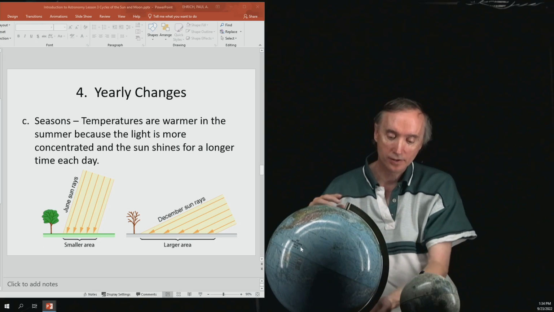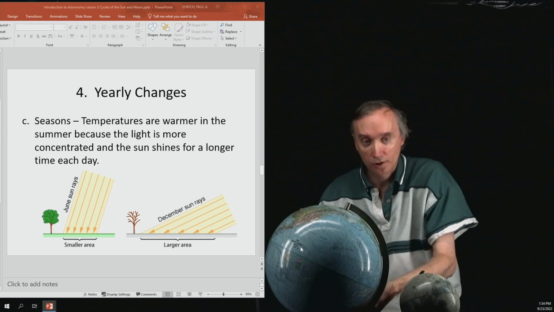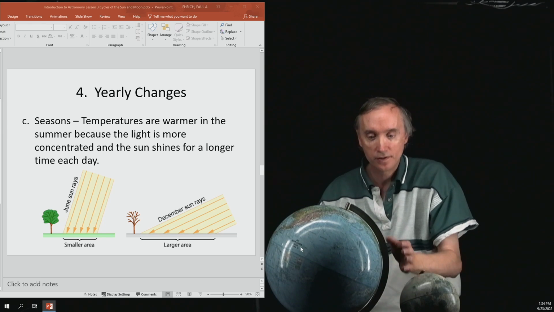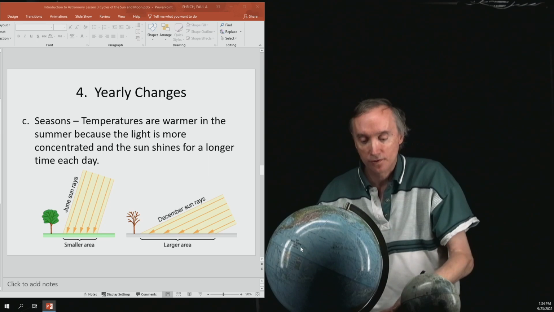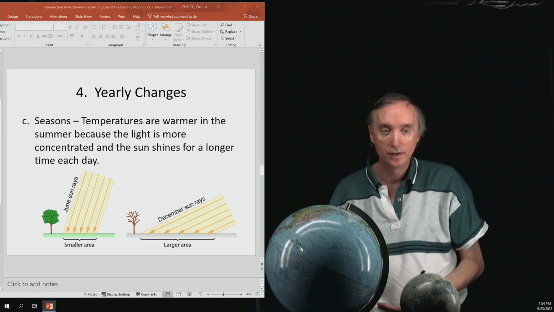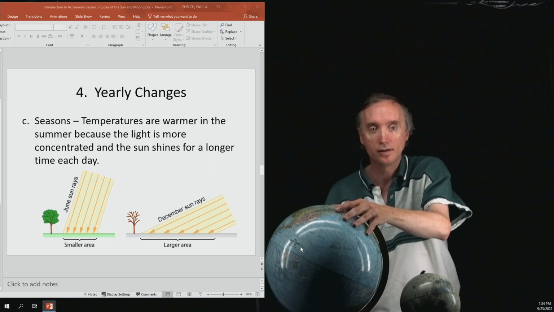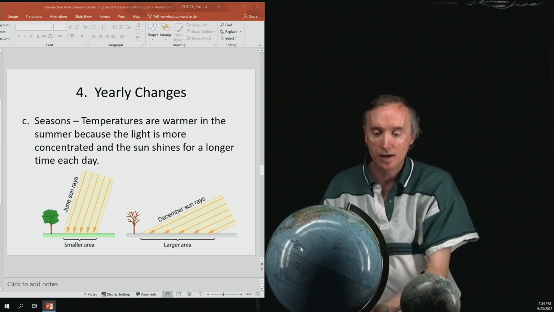And now down here in the southern hemisphere, it's more curved than what it is up here, and so the sunlight is going to be more spread out underneath the globe than what it is up here at the top. So this is going to get extra sunlight up here, this is going to get not as much sunlight down here,